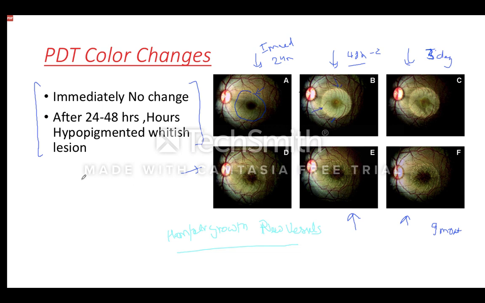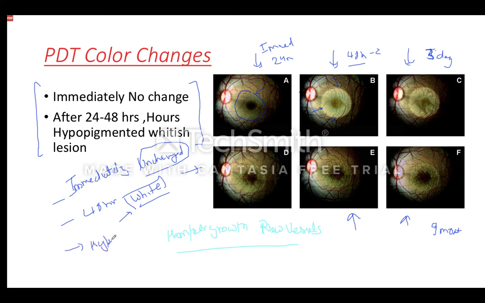If they ask what the color change is immediately, what I would suggest is that in the eye there is no change initially, but within a few hours it starts to get a slight whitening of the lesion, and by 48 hours it definitely whitens. So if they ask what the color is after 48 to 72 hours, you would write whitening of the lesion. And if they ask what the color of the lesion is after a few weeks or few months, then definitely there would be a hyperpigmented lesion after a